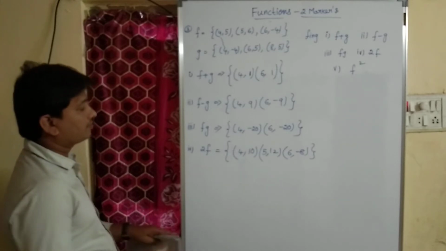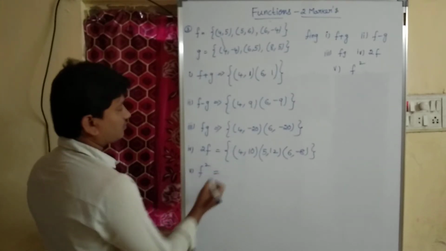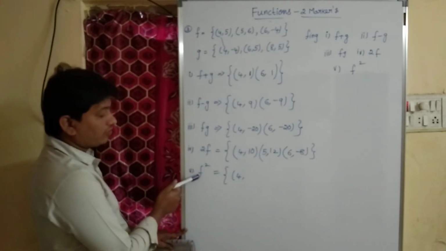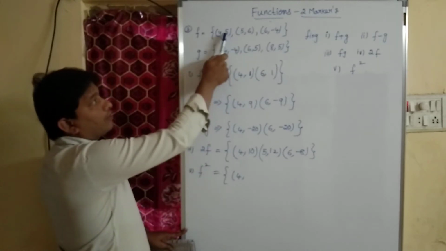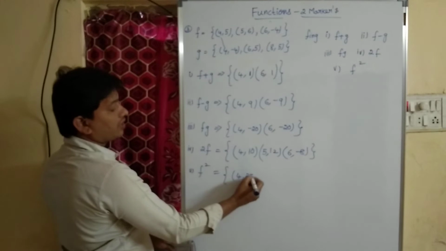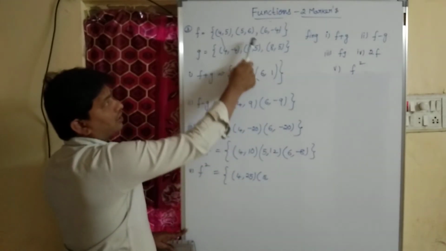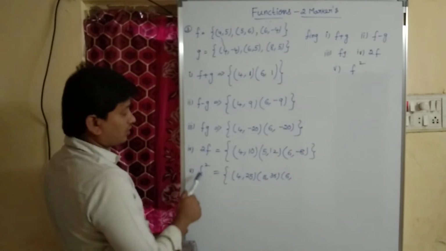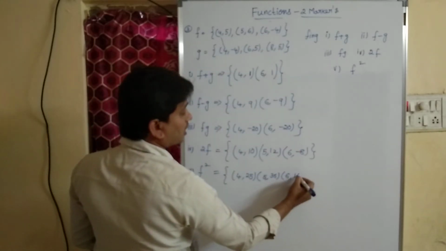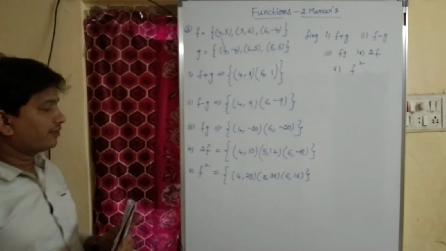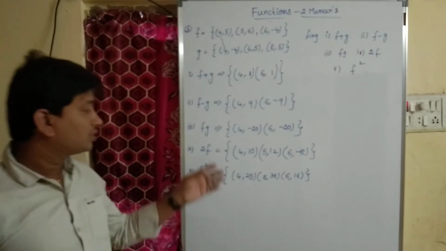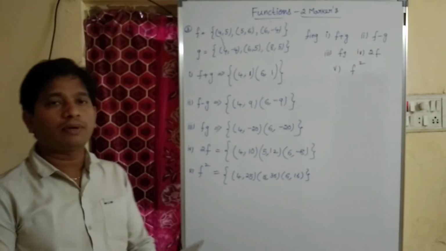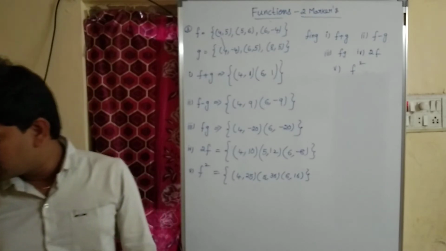Now coming to f square, our fifth question. So again domain as it is. Now what do we have to do? We have to perform the square of the codomain, I mean 5 square. 5 square is 25. Next 5 as it is. Then 6 square, 6 square is 36. Next, domain as it is, 6. f square, I mean minus 4 square. 4 4s are 16. So f square is 4 comma 25 comma 5 comma 36 and 6 comma 16. This type of problems they also ask. Okay children, this is the second method.